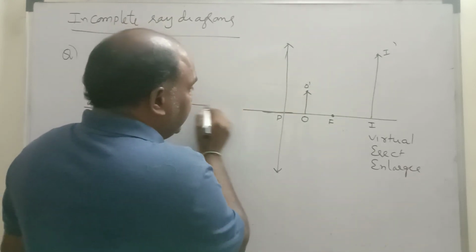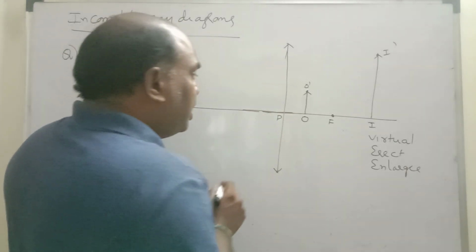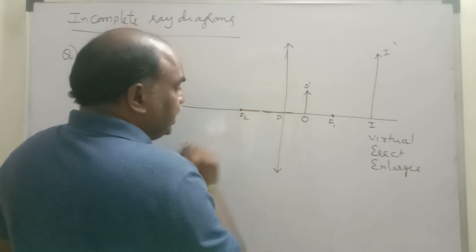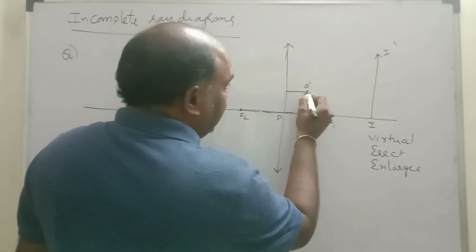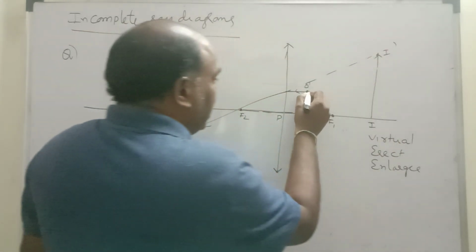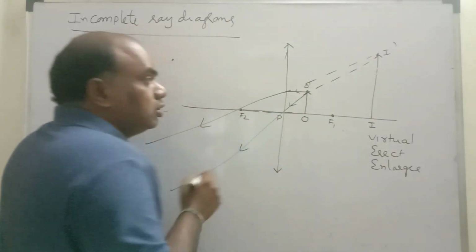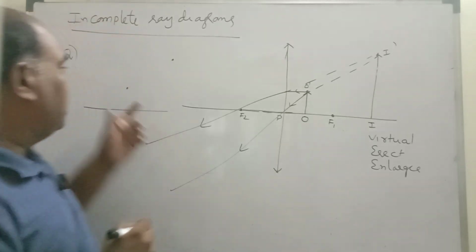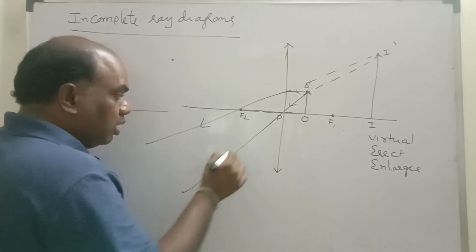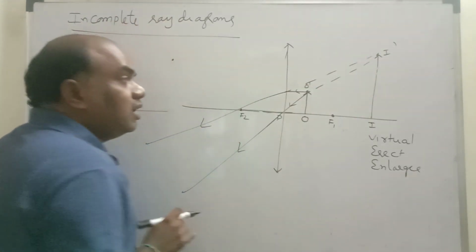Observe, you can extend this principal axis also. The principal axis is an imaginary line passing through the pole, focus and center of curvature. This is focus 1. It is a unique convex lens source. At the same distance, focus 2 will be present. A parallel ray after refraction converges and seems to meet at the focus. One more incident ray going through the pole continues like this after refraction. So a virtual erect enlarged image is given. If two dots are given, you have to complete like this. A light ray never bends, so it will always be in a straight line. Where the dotted lines seem to meet, a virtual erect enlarged image is formed.